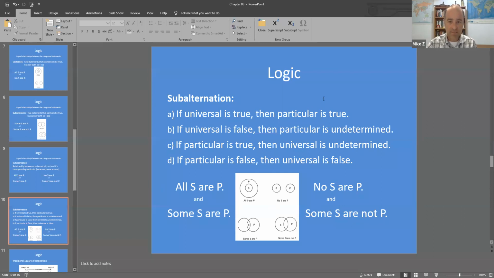All right, so moving on to relationship C here. If the particular is true, then its associated universal is undetermined, right? It could be true or it could be false. So, for example, let's say some S's are P. Let's say that that's true. So for example, some Boulderites are Republicans. It's like, okay, that's true, right? That is a true thing. There's not a lot of them, but some Boulderites are indeed Republicans. So what does that tell us about the associated universal statement? Well, it could be true